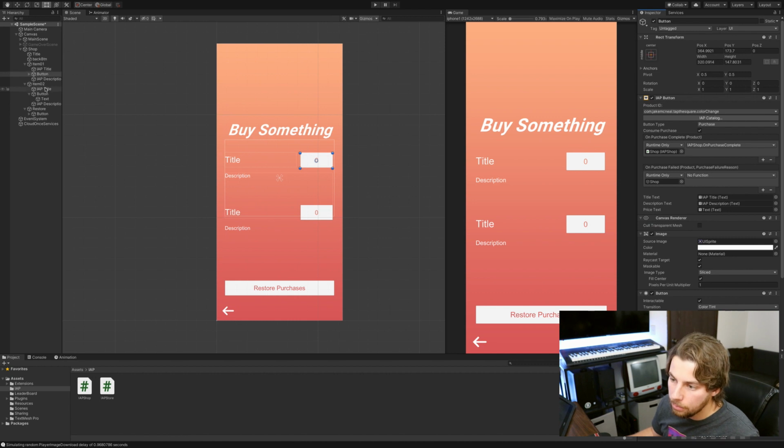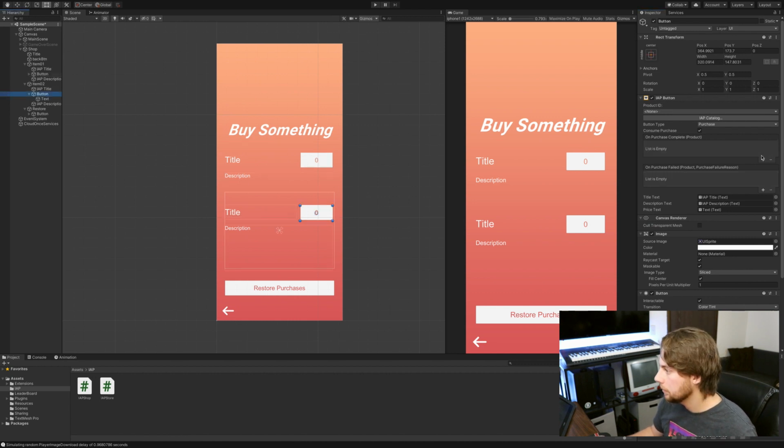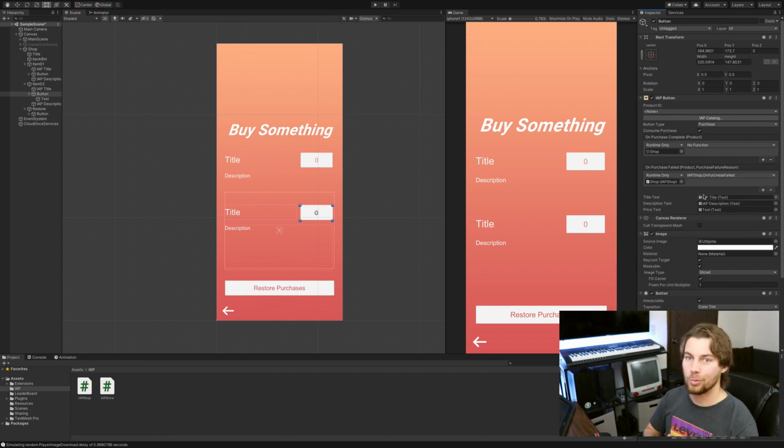Then we'll go to the other button and do the same thing. Grab shop. IAP shop on purchase complete. Let's add in another thing. Go to shop. IAP shop on purchase failed. Great. So we're almost done, but before I show that working, we need to do a little bit with the